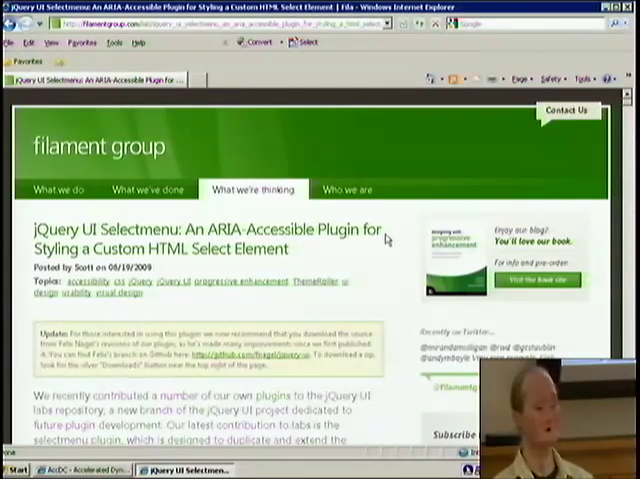jQuery UI select menu: ARIA-accessible plugin for styling a custom HTML select element | Filament Group. So here we have a jQuery widget that is programmed to build out an accessible list box control using ARIA. And what this is supposed to do is